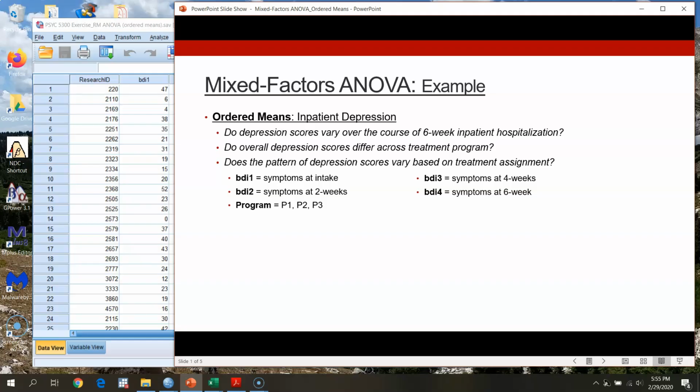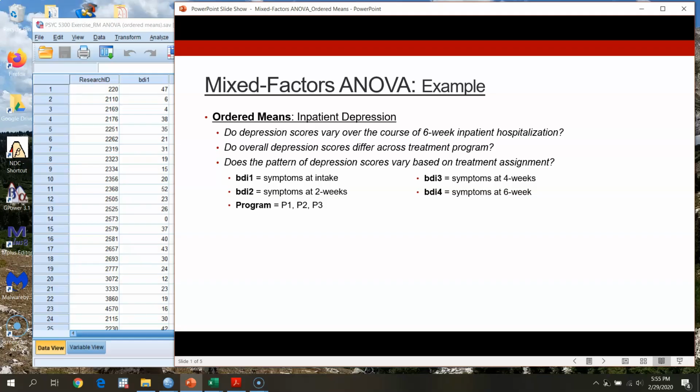So are we seeing differences in repeated assessments of depression over time? Two, do depression scores differ across treatment program? This is our between subject effect. Remember, this would be if we were to collapse all of the depression scores for everybody, take the average across the intervention and see whether or not we have differences in program 1, 2, and 3. That's not a question that's generally as important or relevant, but it is something that we'll get out of this